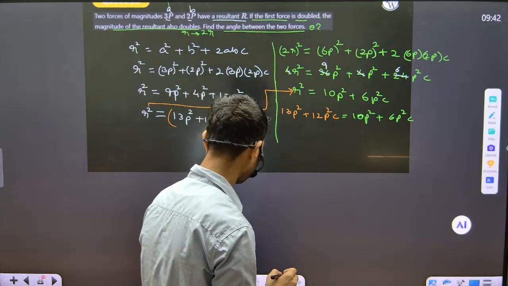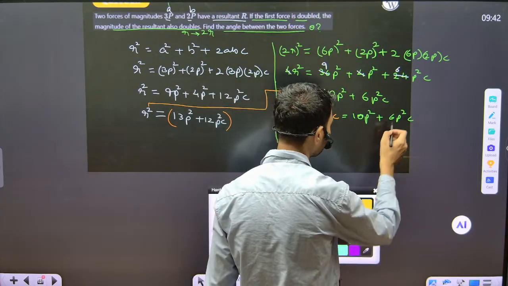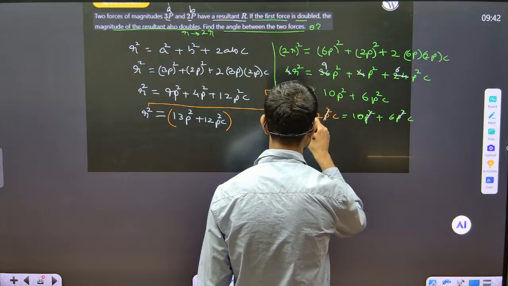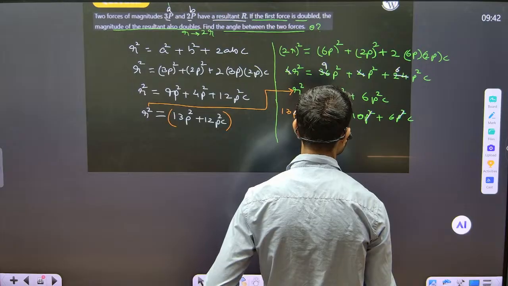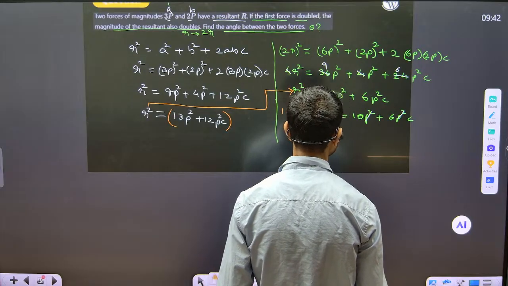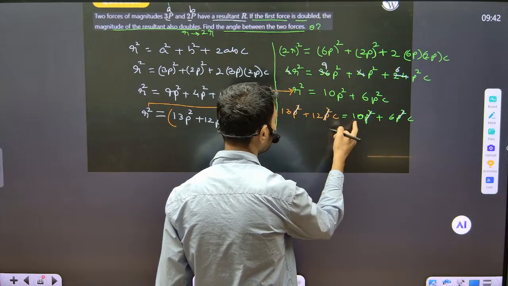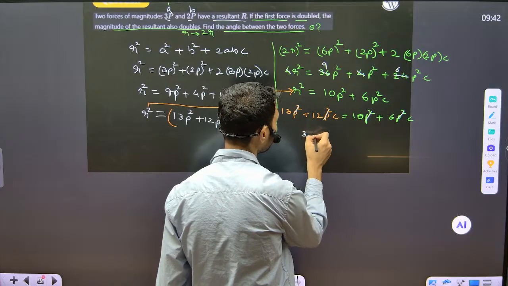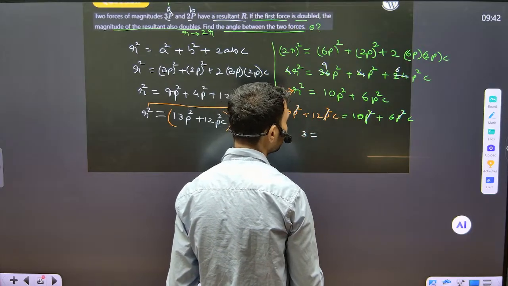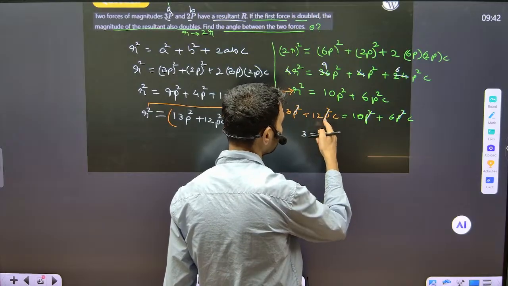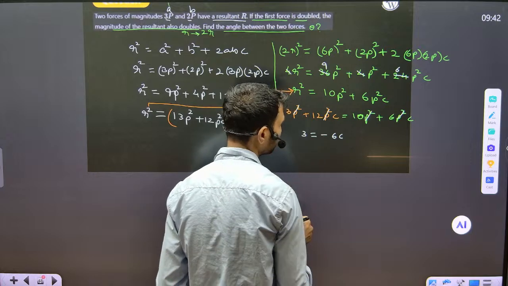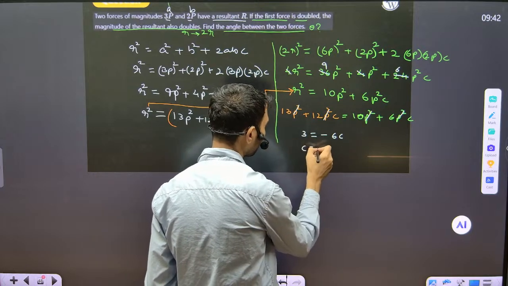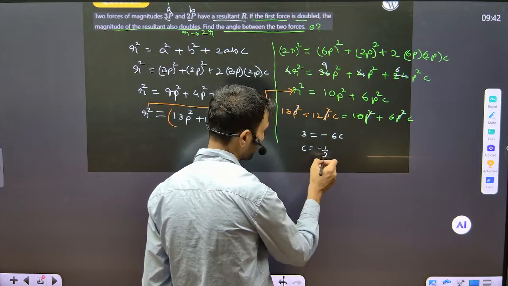And then we end up getting this p square cancelled, right? And then this goes here, that is 3 is equal to this goes there and it is minus 6 c. So c equal to minus 1 by 2,